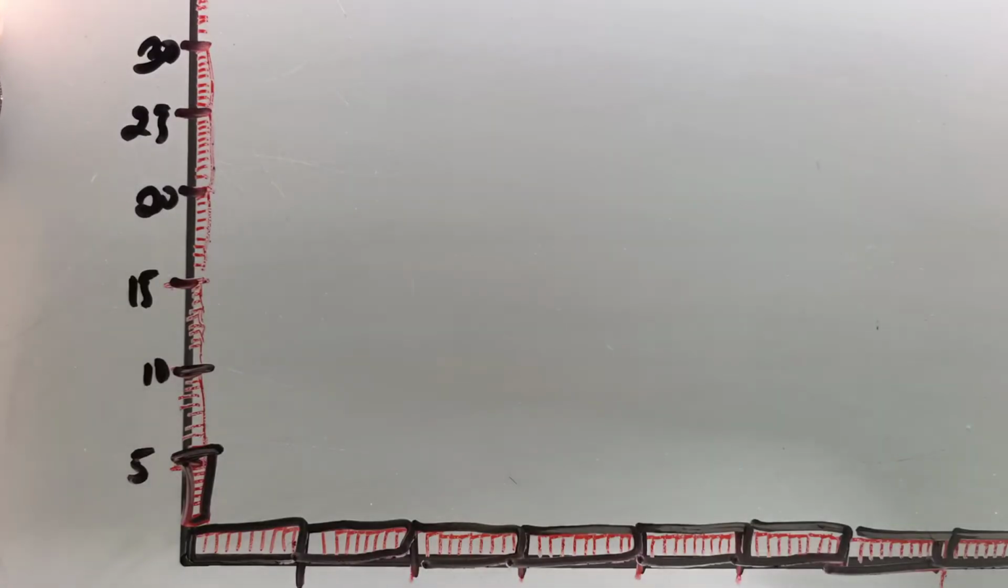Now in a bar graph, one very important thing you have to keep in mind is that the bars don't touch each other, okay? Neither will they touch the y axis, nor will they touch the x axis. This is the y axis, and over here is the x axis. So the first one is